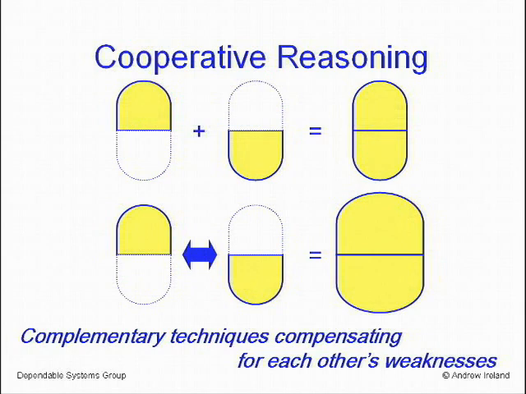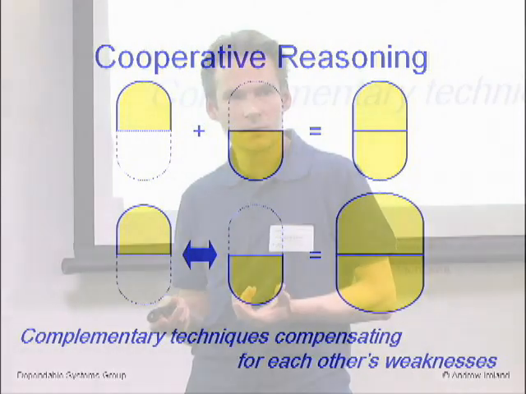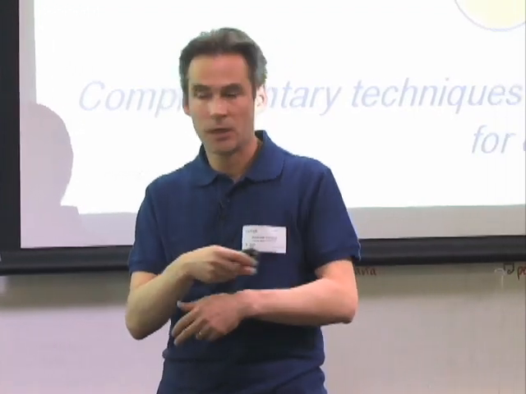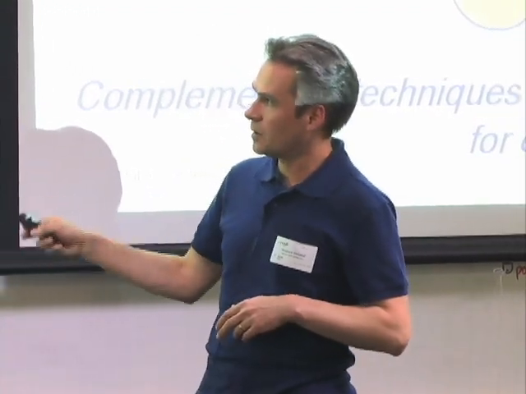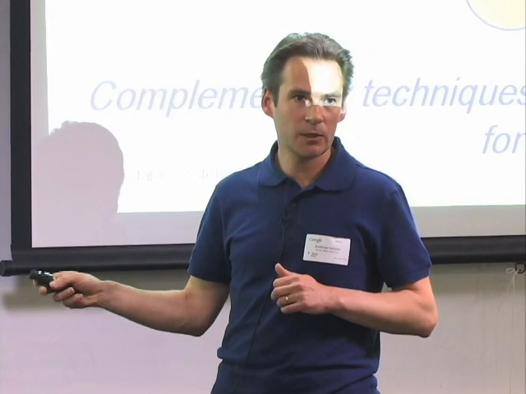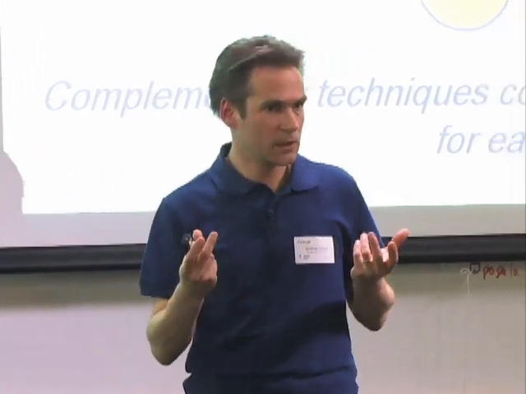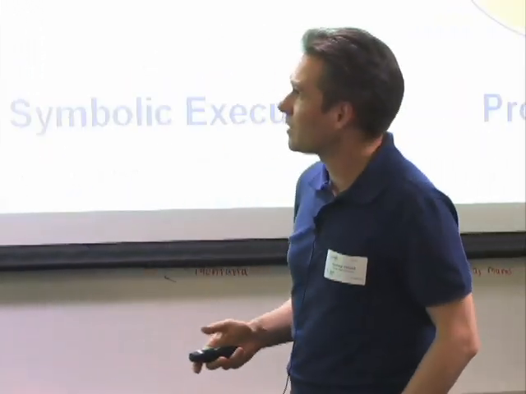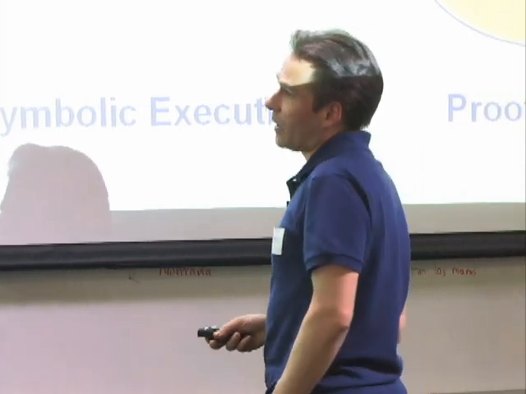Both of the techniques I've talked about, proof planning and symbolic execution through the Smallfoot family of tools, have their strengths, but they also have their weaknesses. We want to compensate for those weaknesses by drawing upon the other tool. And we believe that by doing that, the outcome will be larger than the individual components on their own. So what do I mean by that? Well,